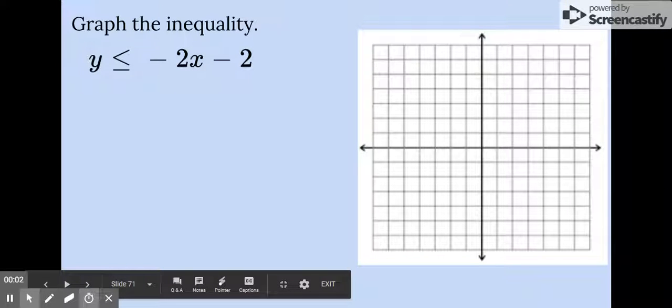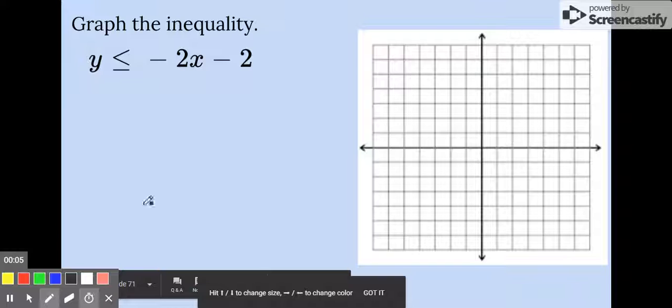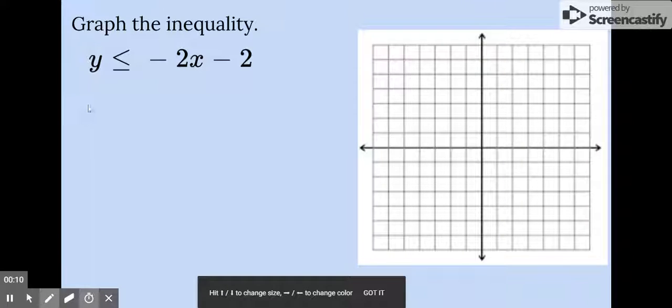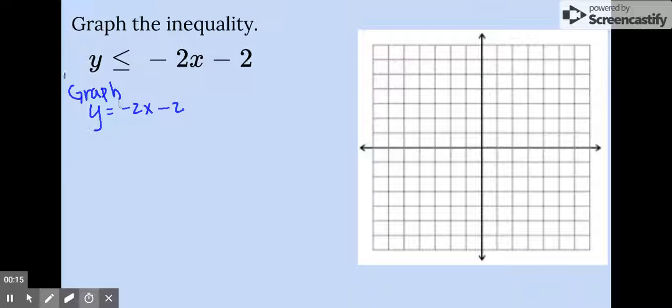All right, step one, how can I graph this? You need to find the y-intercept first. So now let's just graph y is equal to negative 2x minus 2. We're going to graph it. So this is the first step. You just ignore the inequality sign when you